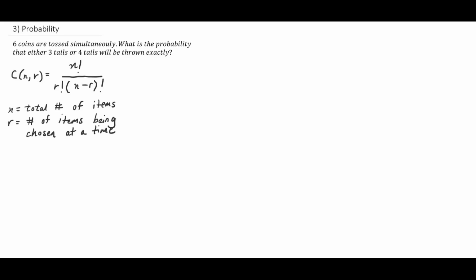We also need to use the probability equation, because the probability of getting 3 tails or 4 tails are mutually exclusive, meaning they can't occur at the same time. So the probability of addition is equal to